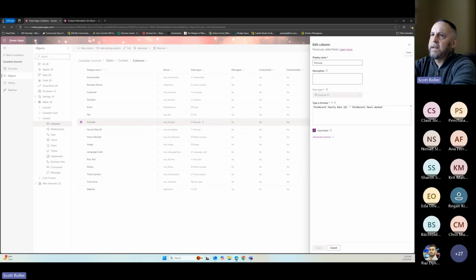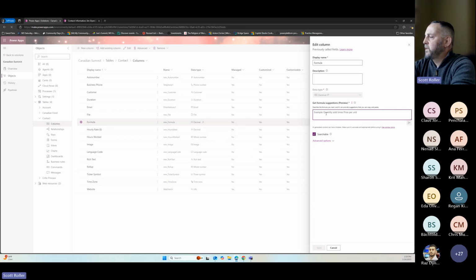So here is in the Maker portal. I'm in that formula field that I was talking about before. And here's the actual Power Fx that it produced. It's this record, hourly rate, times this record, hours worked. And all I really did was I went up here when I created this field and said, let's get formula suggestions by using Copilot. And I just typed in,